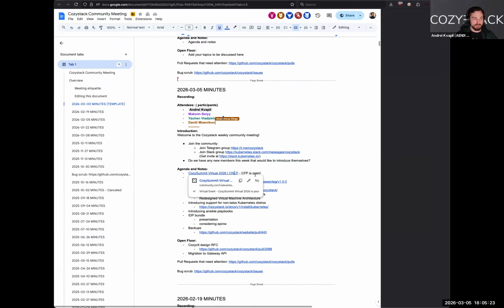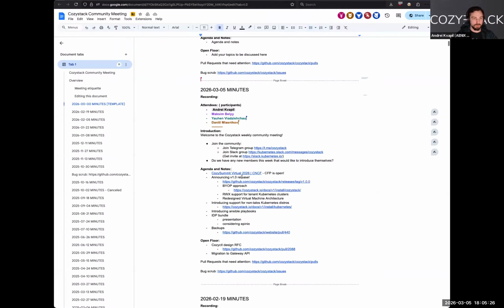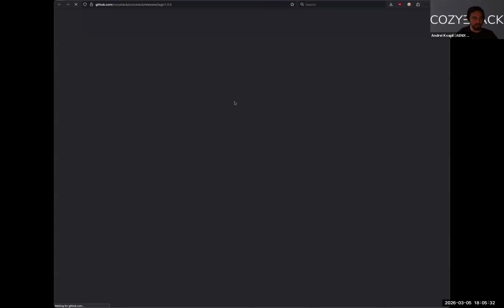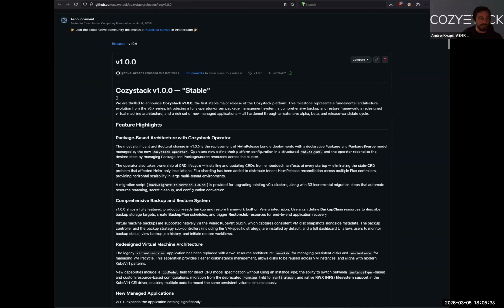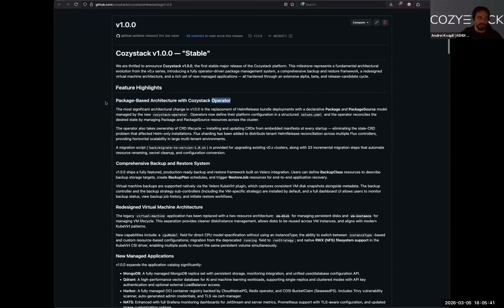And today we have finally released version 1.0. There were a lot of changes. You can read the Cozystack version 1.0 changelog. The first and major change for this release was that we have migrated to package-based architecture. Now Cozystack includes packages. It looks like we actually consumed FluxCD repositories like Ubuntu repositories and made it possible to install packages just from these specially prepared repositories for Cozystack.